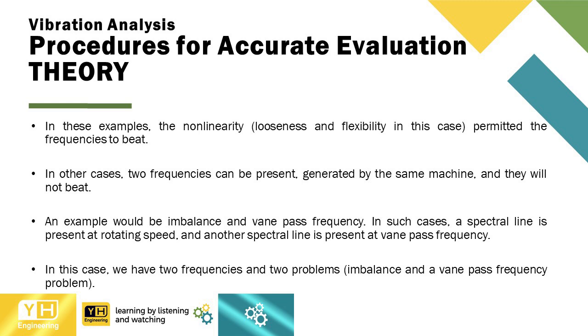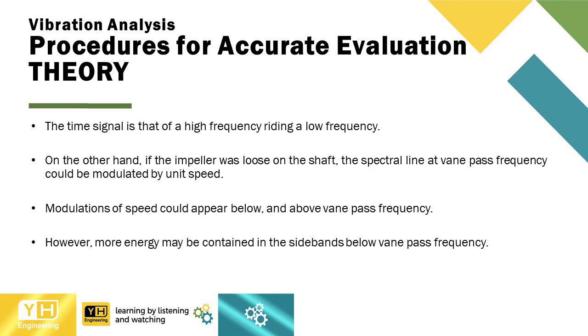In other cases, two frequencies can be present, generated by the same machine, and they will not beat. An example would be imbalance and vane pass frequency. In such cases, a spectral line is present at rotating speed, and another spectral line is present at vane pass frequency. In this case, we have two frequencies and two problems: imbalance and a vane pass frequency problem. The time signal is that of a high frequency riding a low frequency. On the other hand, if the impeller was loose on the